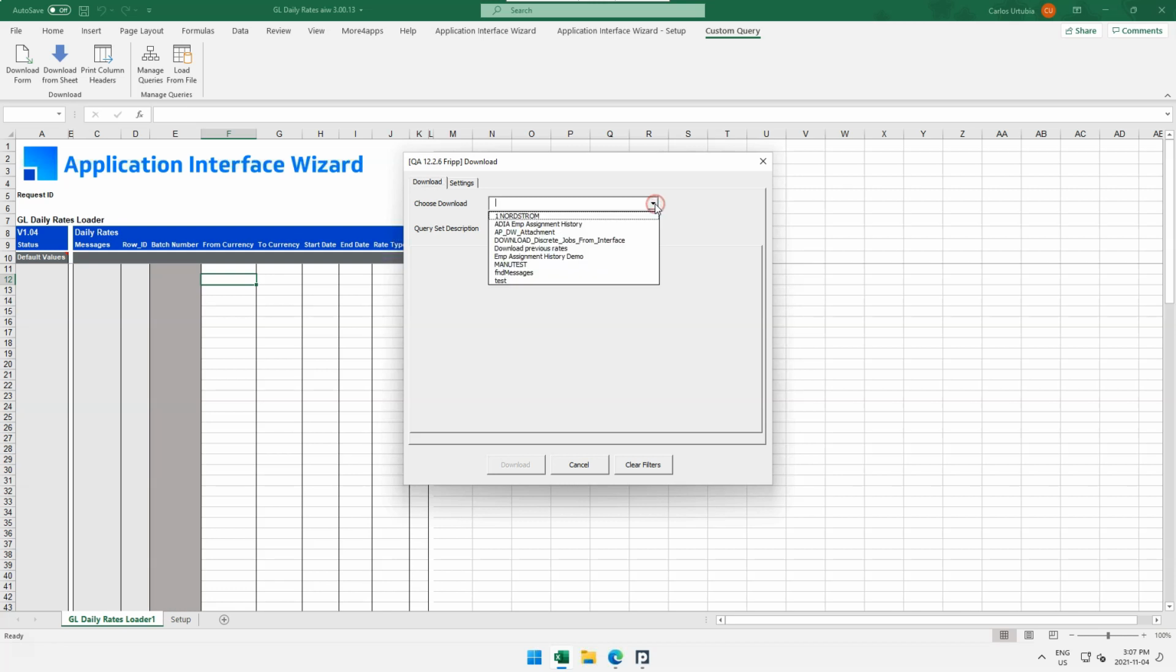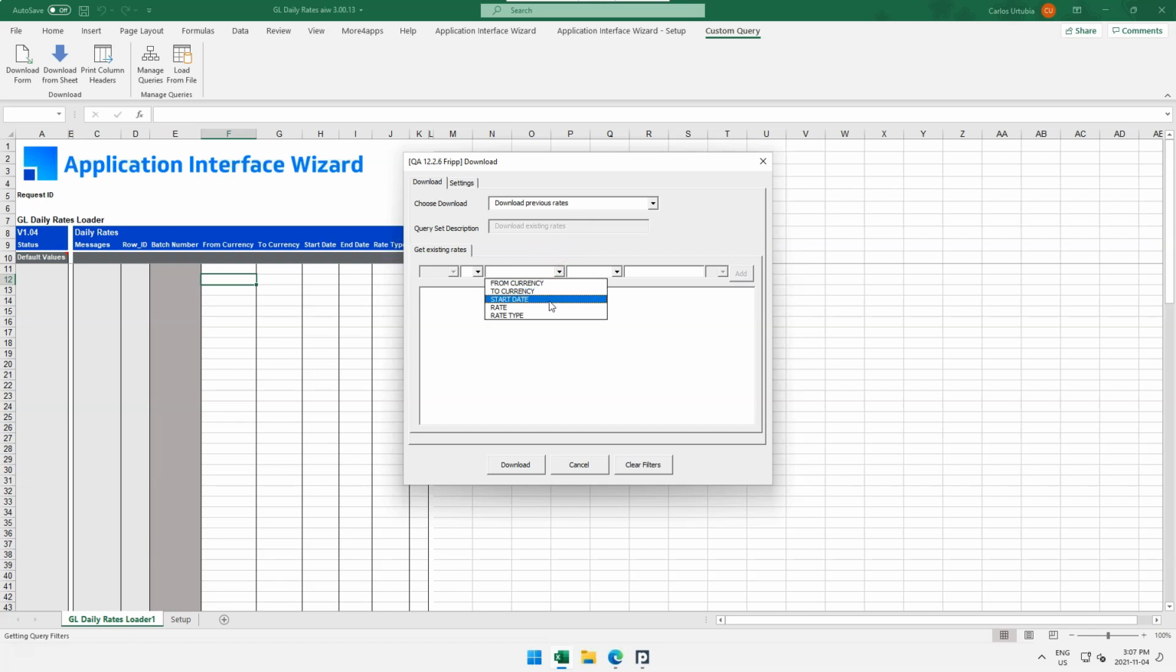And then from here will be the one that says download previous rates. And here you will have some parameters to complete: from currency, to currency, start date, rate, and rate type. Then, for example, if I want to download, from currency equal, say, CAD for Canadian dollars, and I will say that to currency is equal to USD,